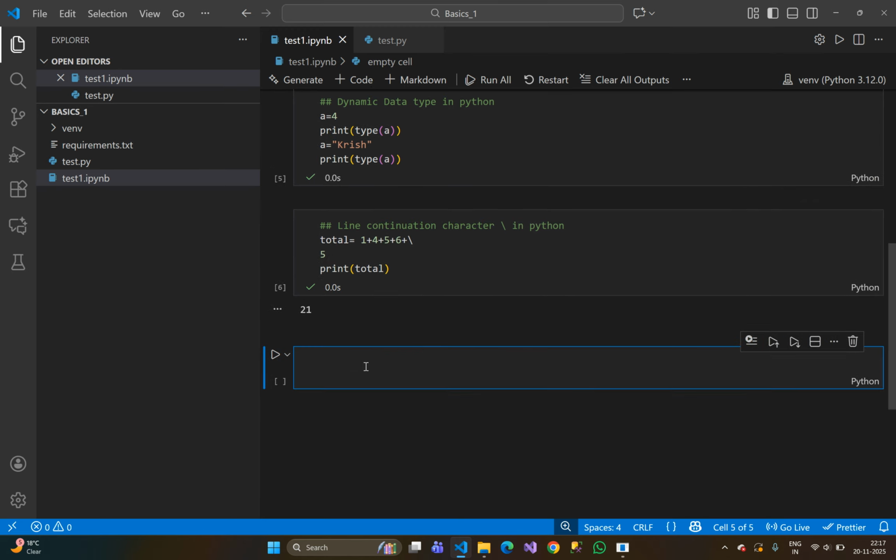And one more thing to keep in our mind, that is indentation in Python. What is indentation in Python? Suppose I have a variable age. I have assigned the value 32. If age is greater than 30,